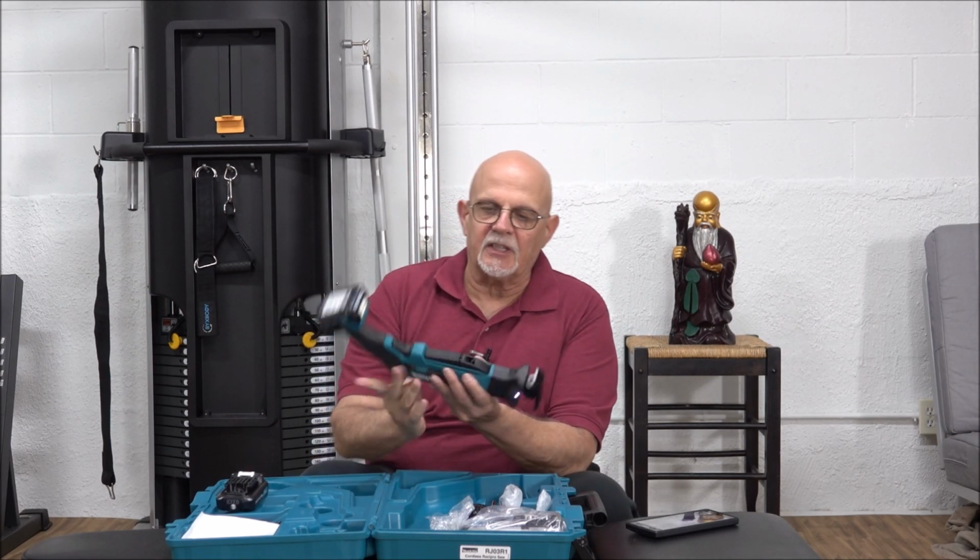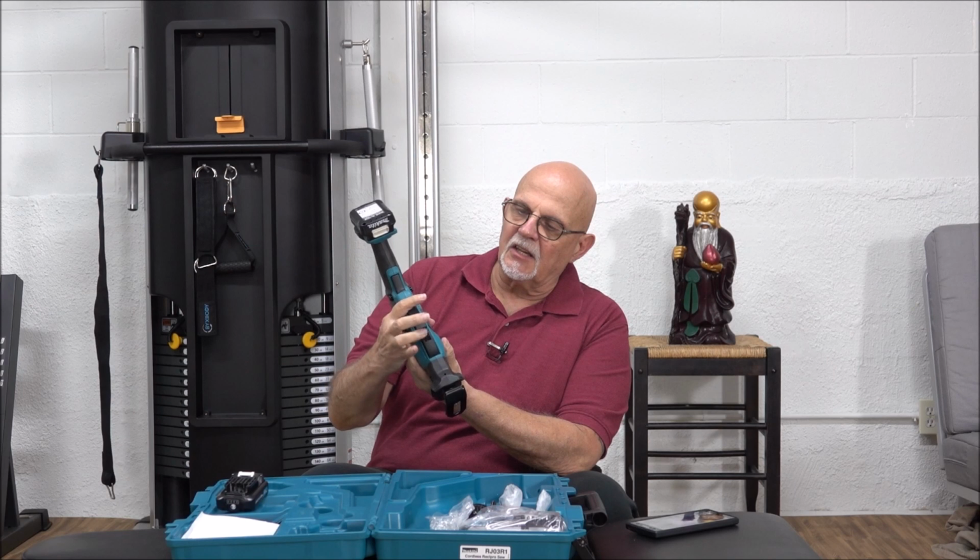You got a safety button on either side here. You press the safety button, but it's got more than that. This thing is really, really tricky. It's got this on it that allows you to do